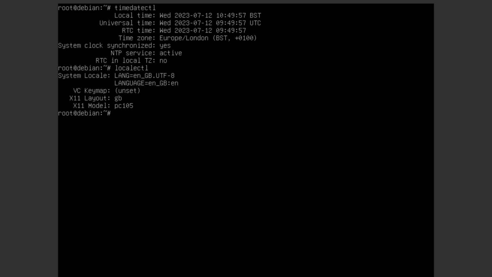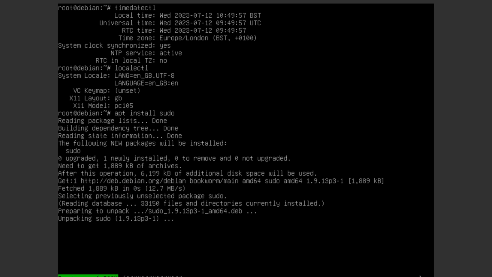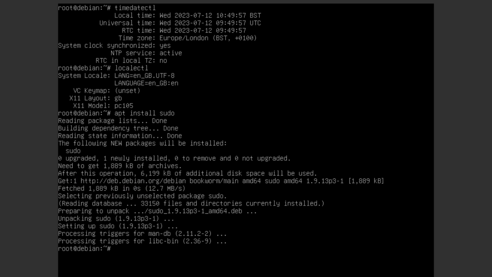We need to make sure that our Vagrant user has full rights to the system. So we can go through and make sure that sudo is installed. So I'm just running apt install sudo. The sudo package isn't included in the base install.